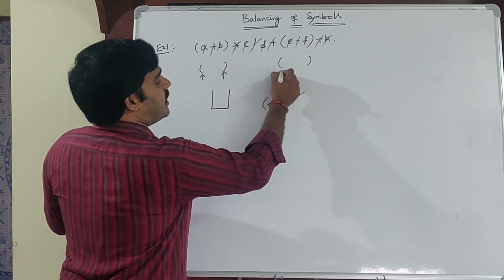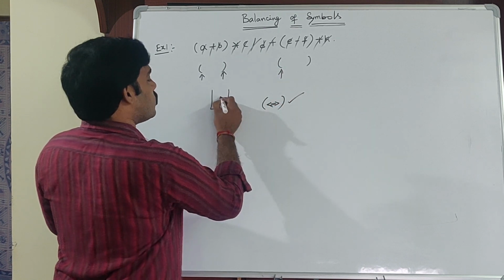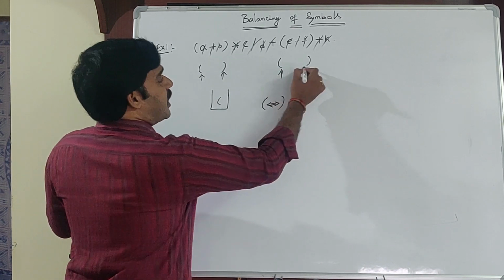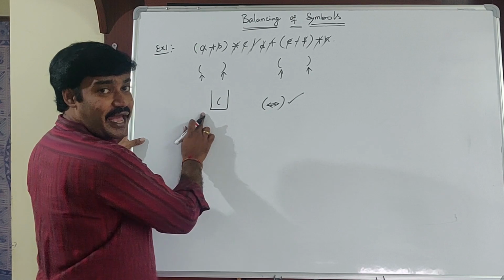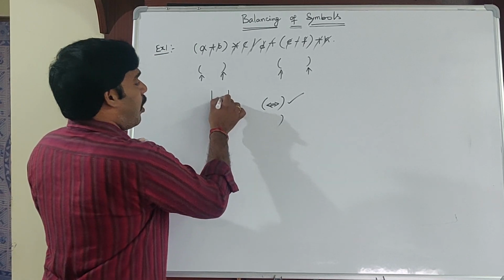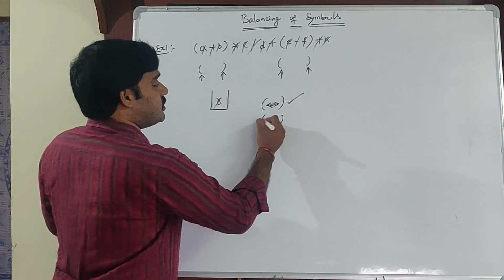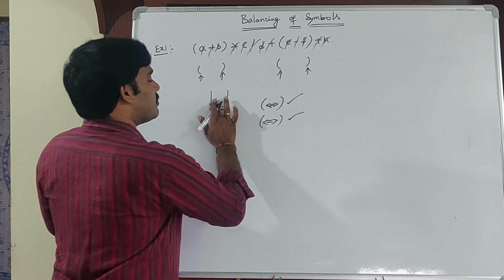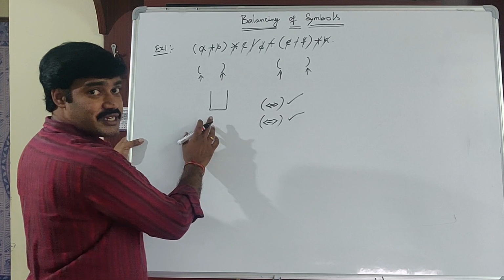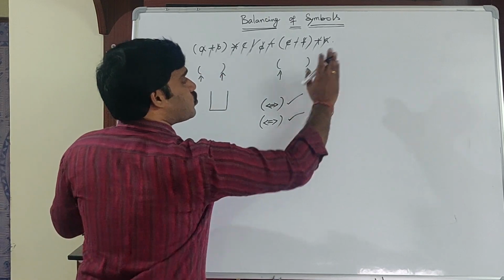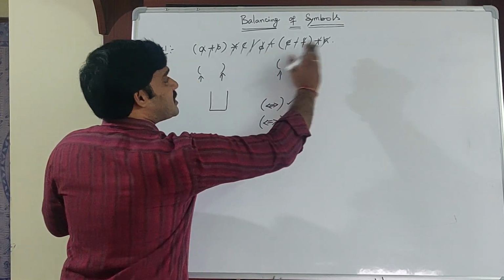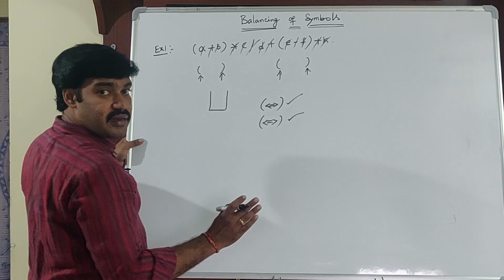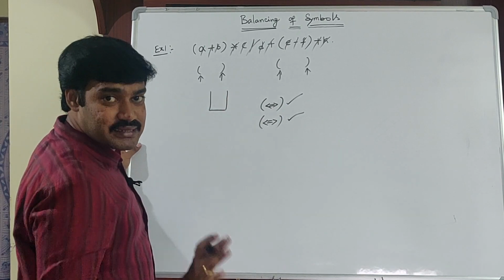Next, coming to the next symbol is opening parenthesis. So push into the stack. Next one is the closing parenthesis and stack is not empty. Then pop an element from the stack data structure and check whether these two symbols are balanced or not. Yes, these two symbols are balanced. Now my stack is empty, my expression is over. Okay, if an expression ended and my stack is empty, then symbols are balanced.